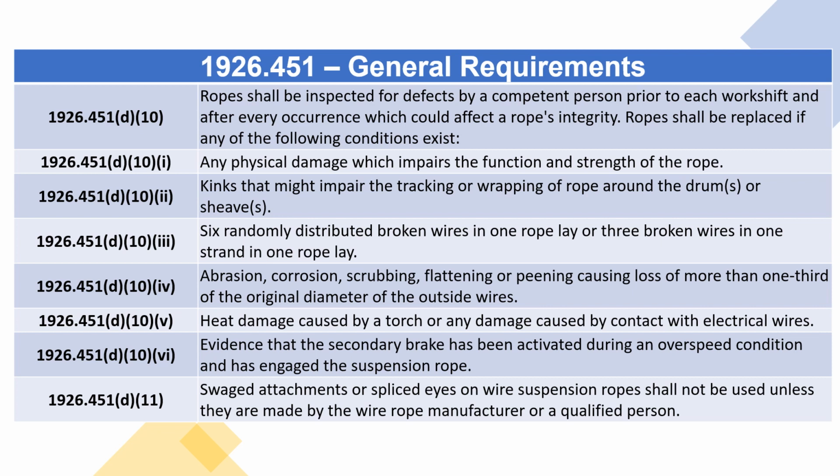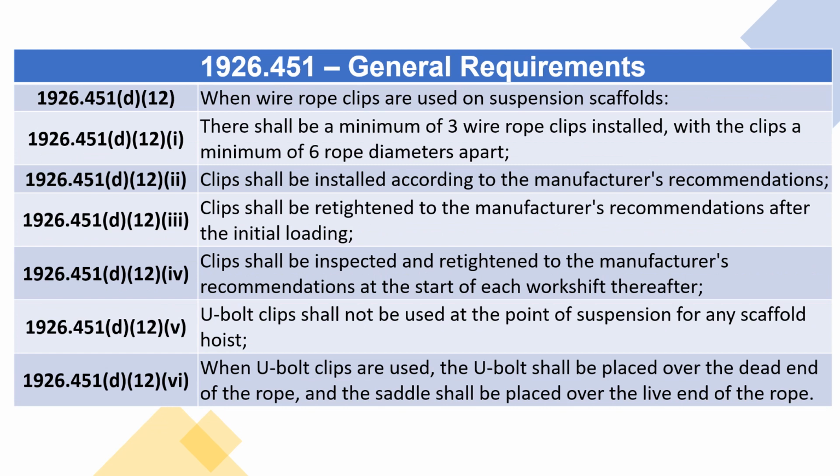1926.451(d)(11). Swaged attachments or spliced eyes on wire suspension ropes shall not be used unless they are made by the wire rope manufacturer or a qualified person. 1926.451(d)(12). When wire rope clips are used on suspension scaffolds: